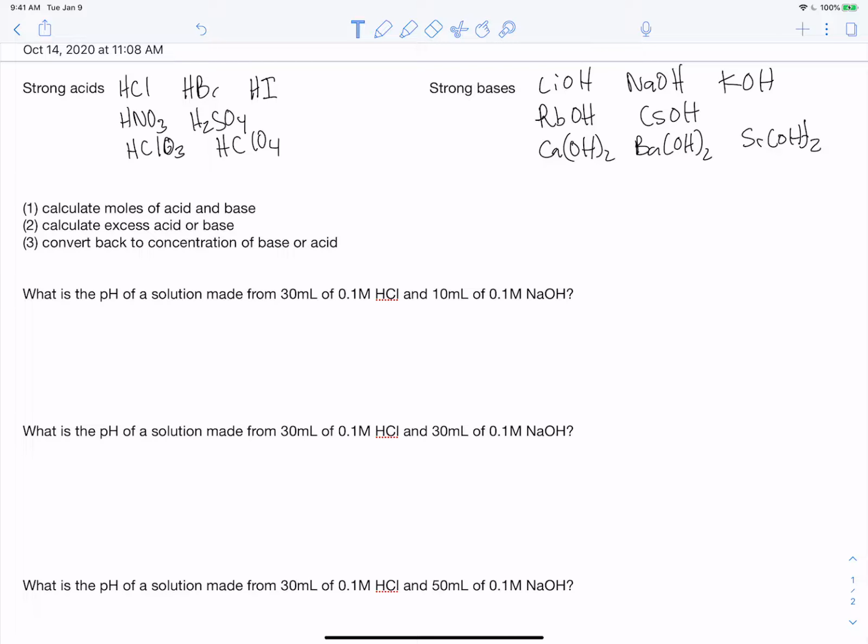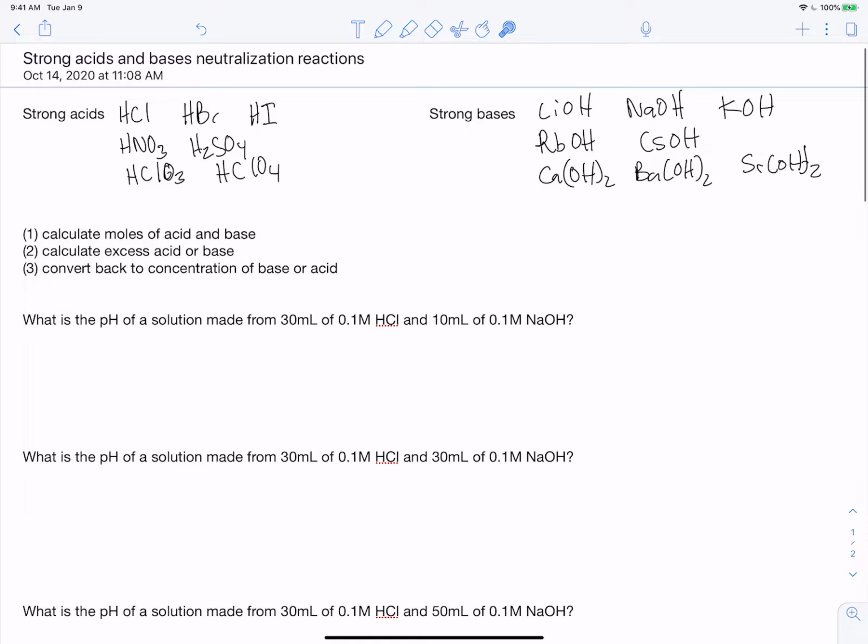Okay, let's look at some neutralization reactions here. So again, I've got my list of strong acids and bases at the top. So these are all my strong acids, and these are all my strong bases. And I'm telling you in this problem that they're strong acid-base neutralization reactions, but you should be able to recognize that